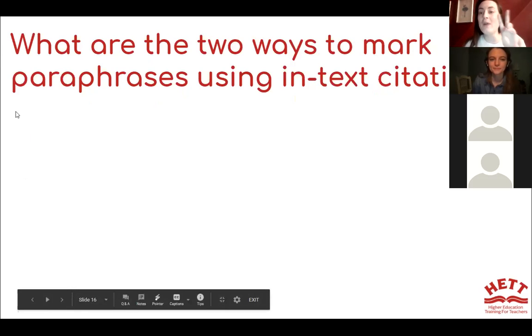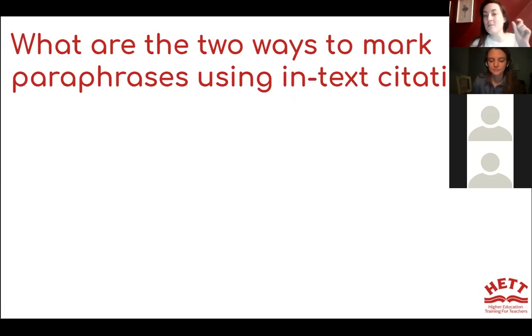What are 2 ways to mark paraphrases using in-text citation? So you saw one example, but there's actually 2 ways that you can do it with APA.